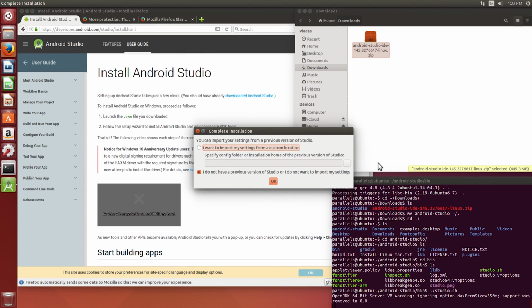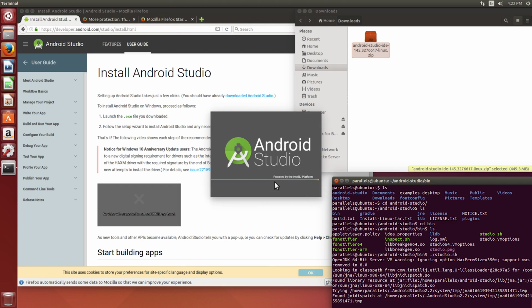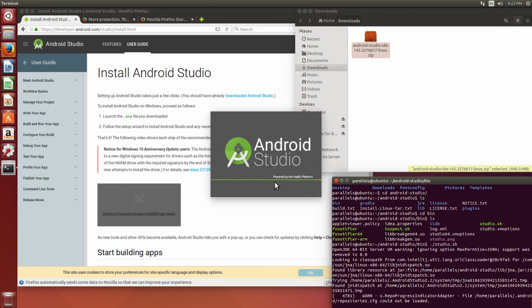Okay, so you can see that we've got a pop-up here, and it's asking us whether we want to import our settings from a previous location or not. Now, if you've got a previous version of Android Studio, you will most likely be prompted for the folder, or it'll be showing you the folder where to actually import the settings from, or you may need to navigate to that manually. In this case, it's a new install. We don't have a previous version, so I'm just going to leave that default option selected and click on OK. This is going to start up the Android installer,